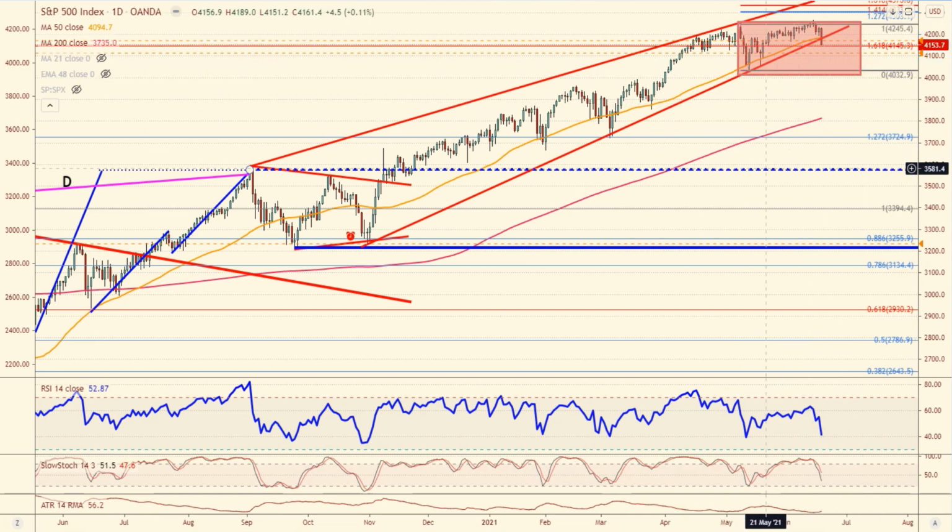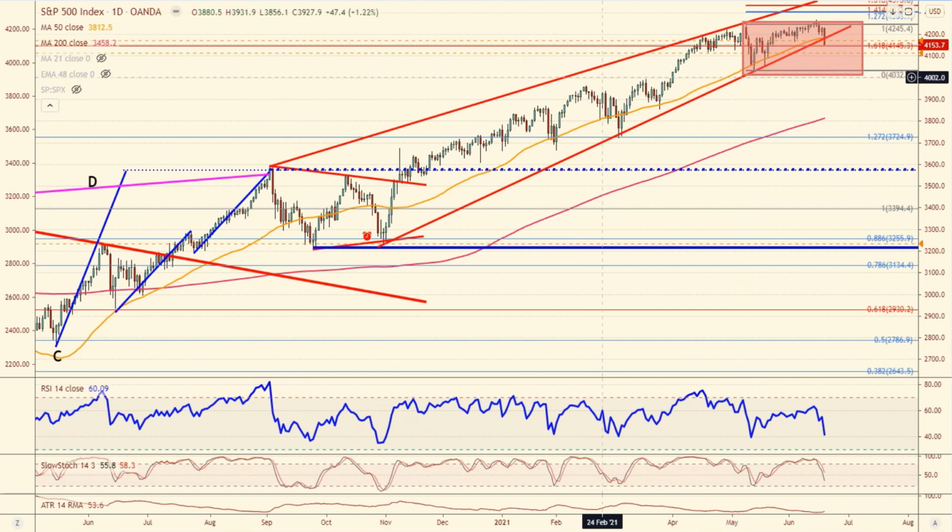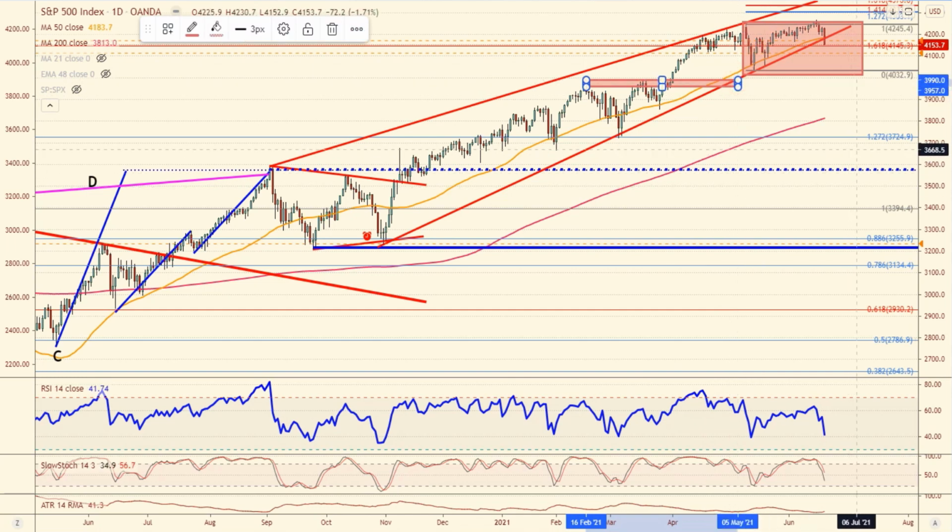But I also want to stop here for a moment and talk a little bit about price action and how the market closed on the lows. I think we have to be really careful because we're coming out of what we call an ascending wedge. An ascending wedge is a bearish reversal pattern by nature. That has me a little concerned that we might go further than 4,000, to this breakout point right here, in the event that the stock market accelerates.